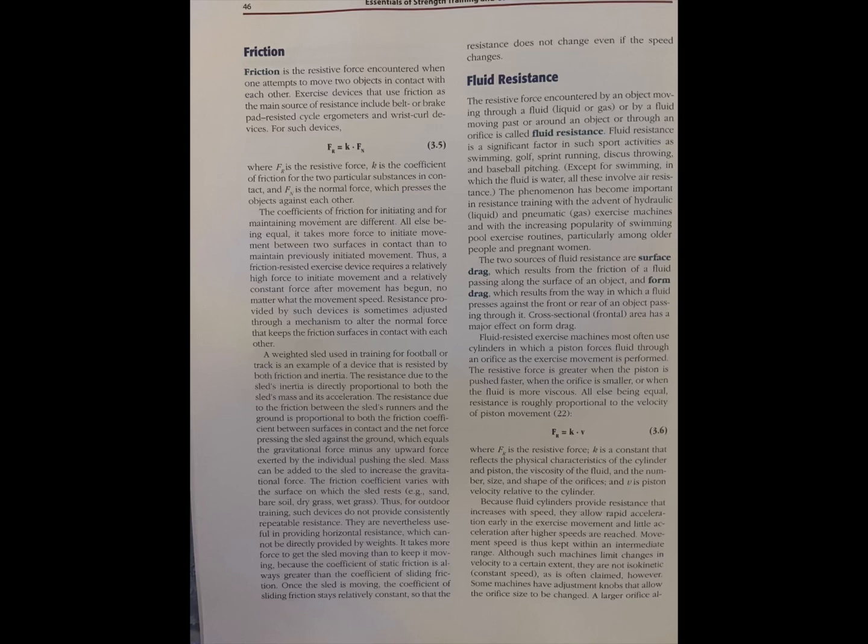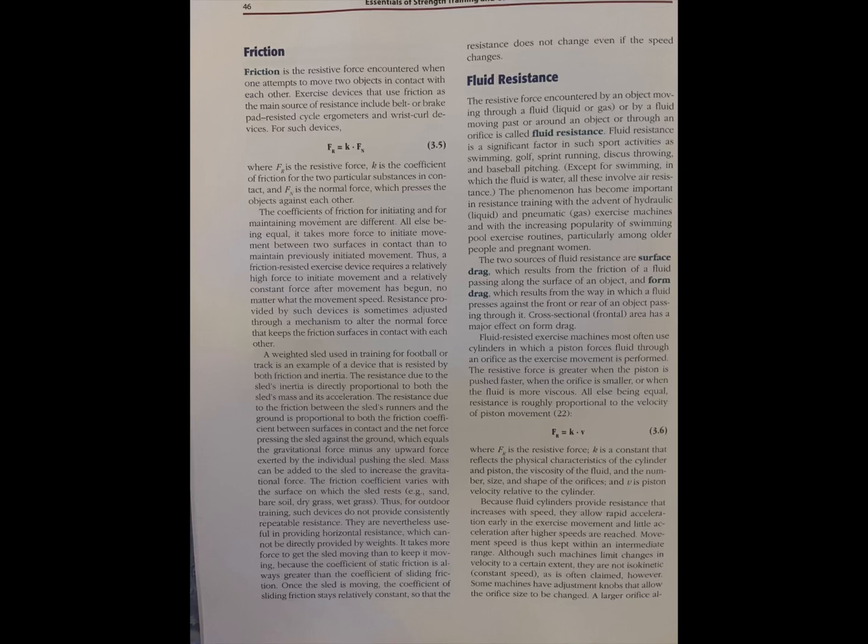K is the coefficient of friction for the two particular substances in contact, and Fn is the normal force, which presses them against each other. The coefficients of friction for initiating and for maintaining movement are different. All else being equal, it takes more force to initiate movement between two surfaces in contact than to maintain previously initiated movement. Thus, a friction-resisted exercise device requires a relatively high force to initiate movement and a relatively constant force